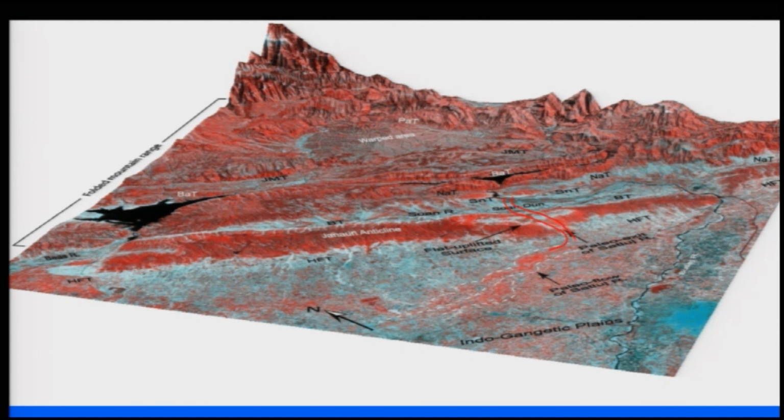So this is our interpretation. But because of the rapid uplift of this area, Shatluj was not able to cope with the uplift, hence it took a turn or deflection, and it started flowing through a gap which was available,